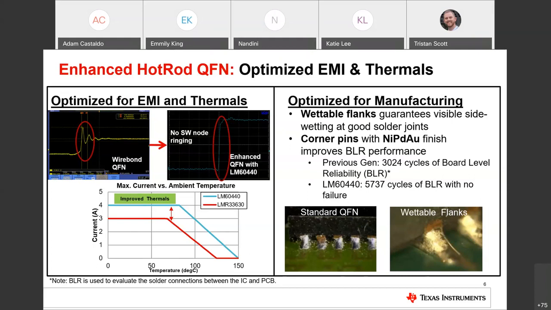But as we release more and more devices in this package technology, the reliability and the quality will only continue to improve. But so far, this shows that we're putting a lot of emphasis into the manufacturing capabilities of the new package technology to de-risk any customer that might be a little bit apprehensive on jumping the gun on a brand new package.